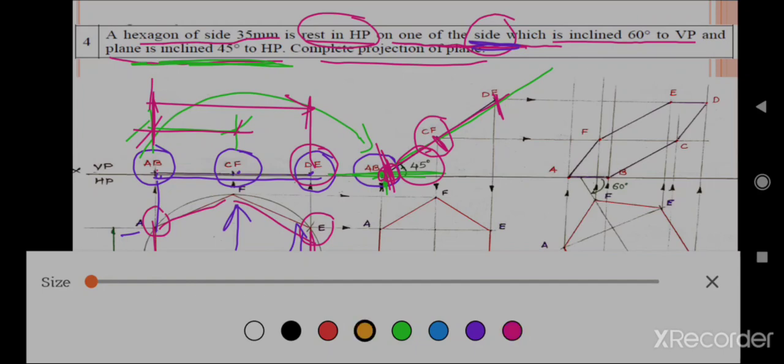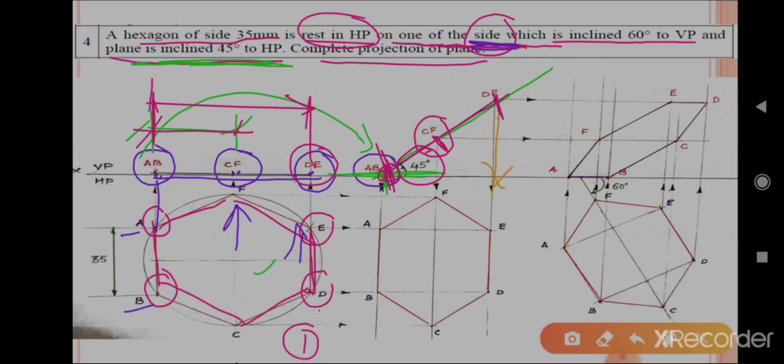Next, draw the vertical projection lines to complete the top view of the inclined plane, and also take the horizontal projection lines to mark the points. So draw the horizontal projection line from point A, and the A point from the front view we can get at this location. In a similar way, point B is at this location. Further, we can mark all the points by taking projection lines and completing with straight lines. We get the top view.